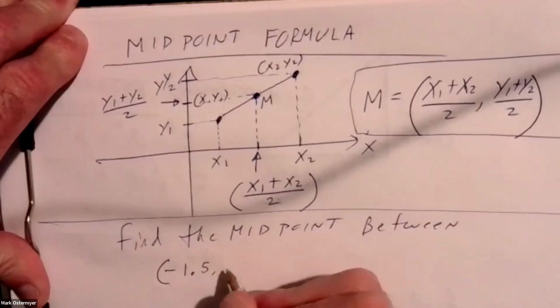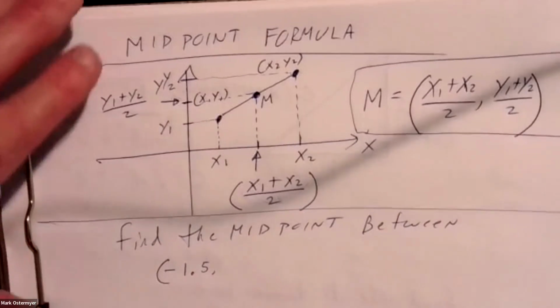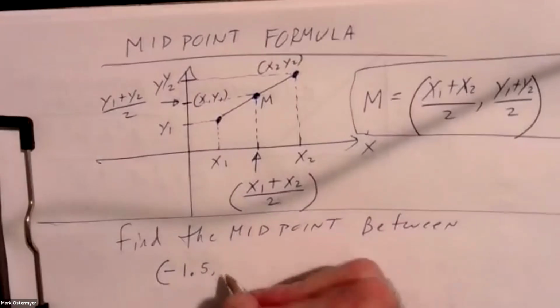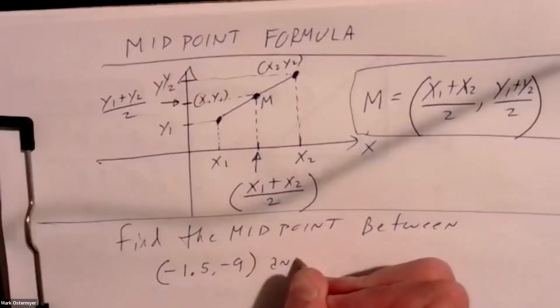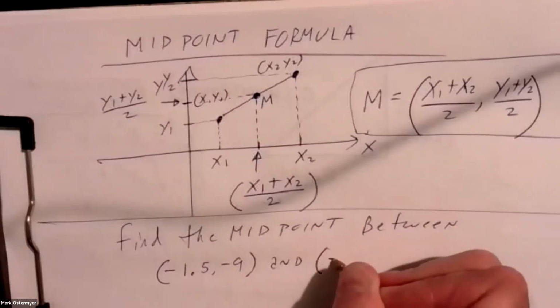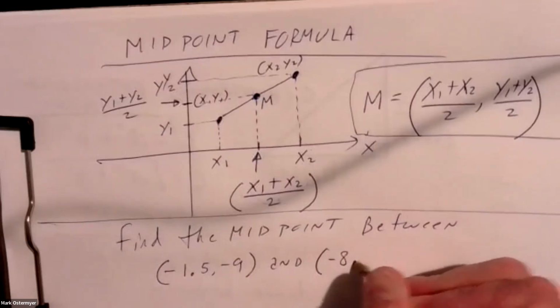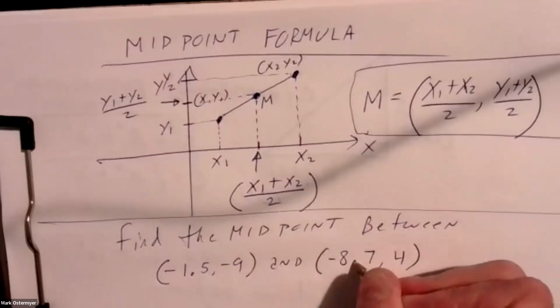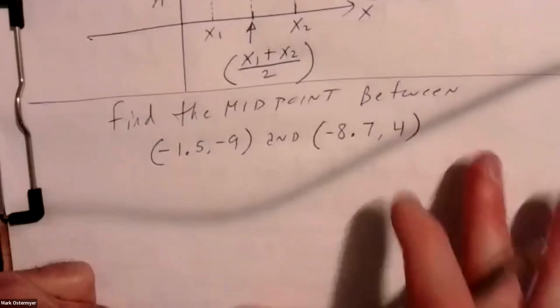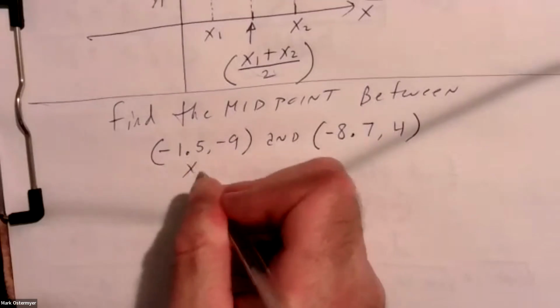Negative 1.5 and negative 9 and the point negative 8.7 and 4. All right, so to find the midpoint between these 2 points, maybe we can call this our point x1, y1